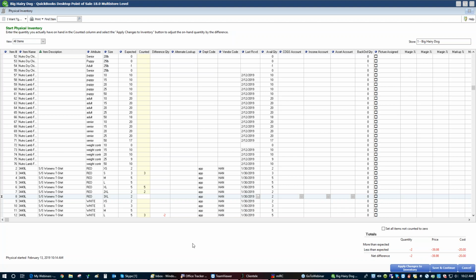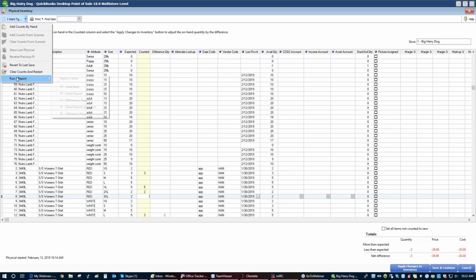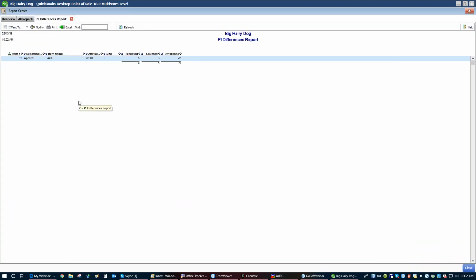Okay, so once everything you're going to count has been counted, it's now time to deal with the discrepancies. So if you come up here to the I want to button, you will see that there is a run a report and there is a differences report. Now this difference report is going to show you,